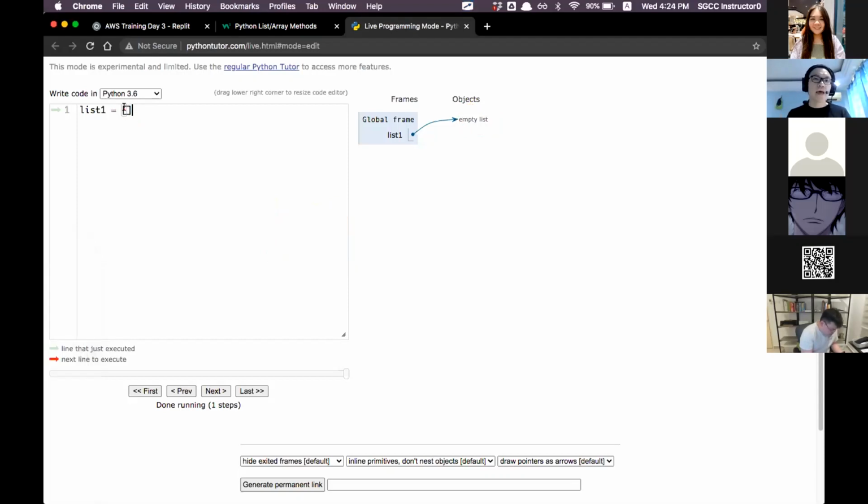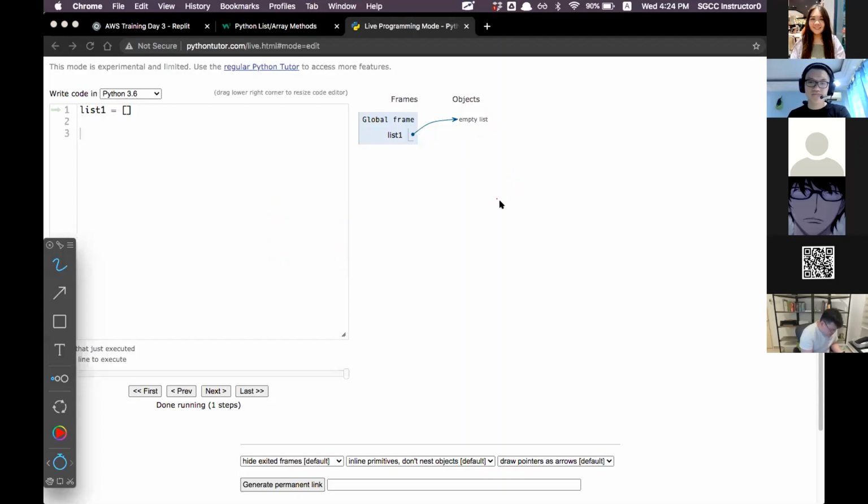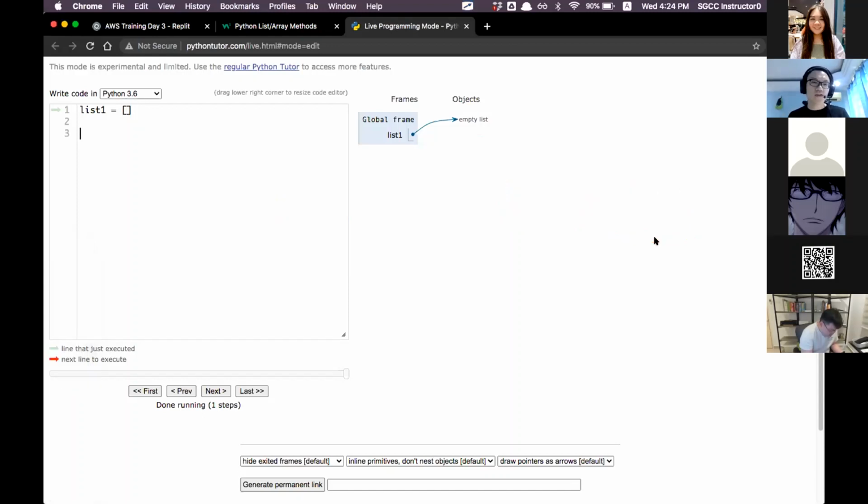If I were to add some item onto the list, we need to explore something called the list methods. All right, I mentioned something about this for the last 2 days. Methods are actually functions that are exclusive to a certain data type. So I'm going to expose you to the first type, which is your